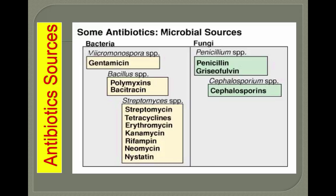So I don't know what you've been exposed to, like what you've taken. I know that bacitracin is something that is very common, sometimes in households. Bacitracin can be found in an ointment that you use, kind of like Neosporin, that you can apply to wounds, and it's kind of a general antimicrobial. But most of what we have probably recognized in microbiology has been streptomycin,